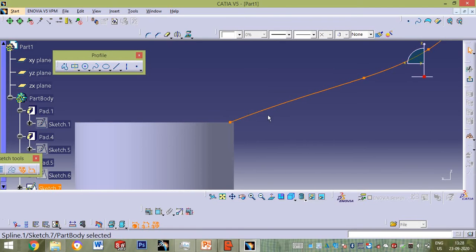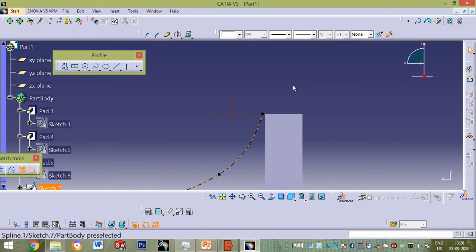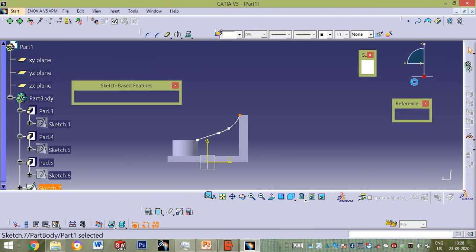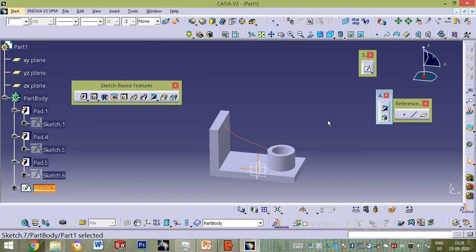You want to drag slightly inside for this, because sometimes there will be an error in merging the two objects.